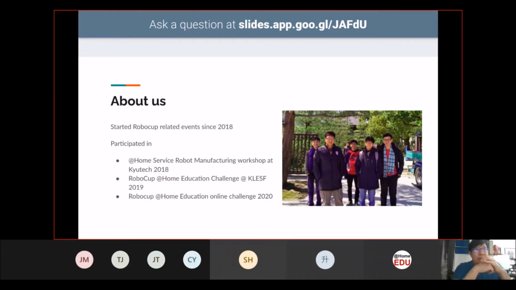I think the first official event that we joined was in Japan in 2018. This photo over here is the 5 of us that started to work on projects related to RoboCup. This photo was taken in Japan during our workshop in QTech in 2018.